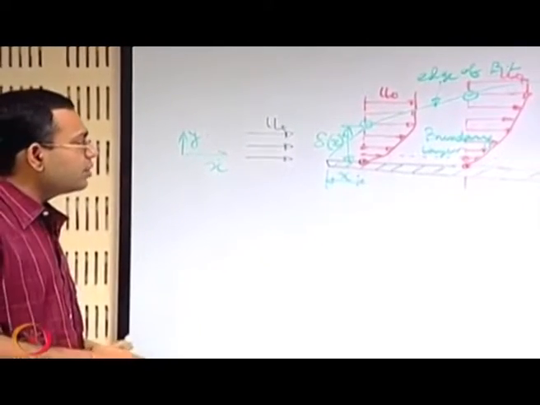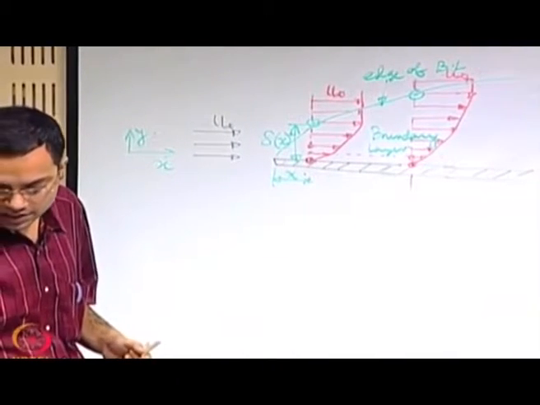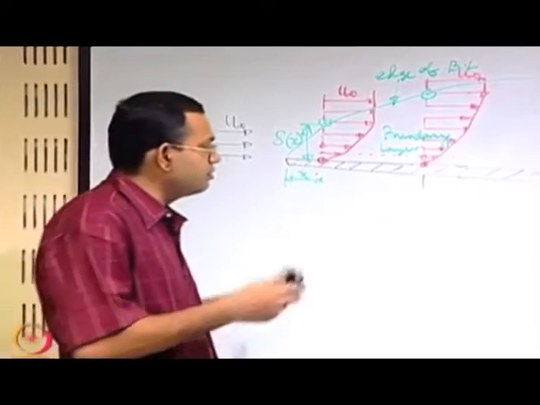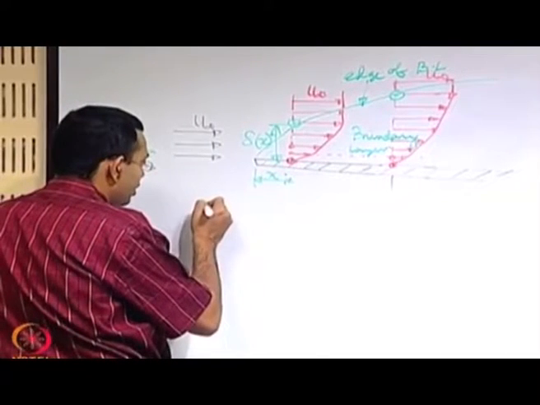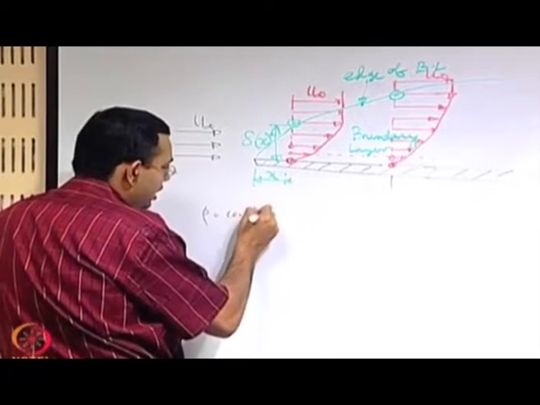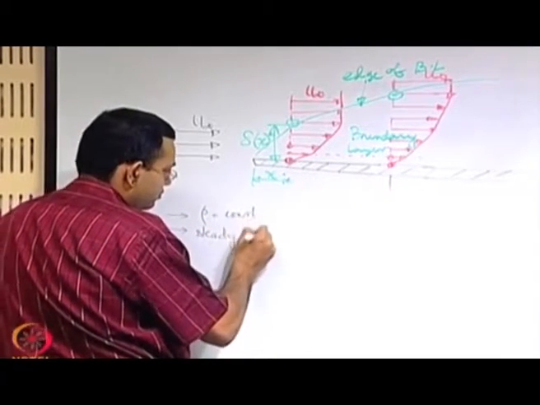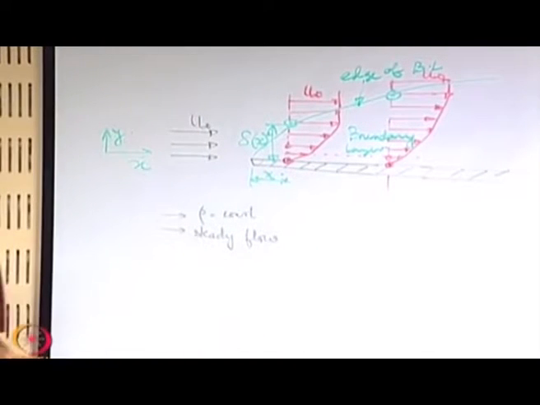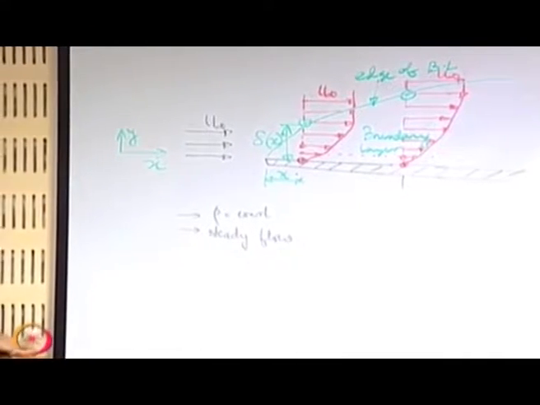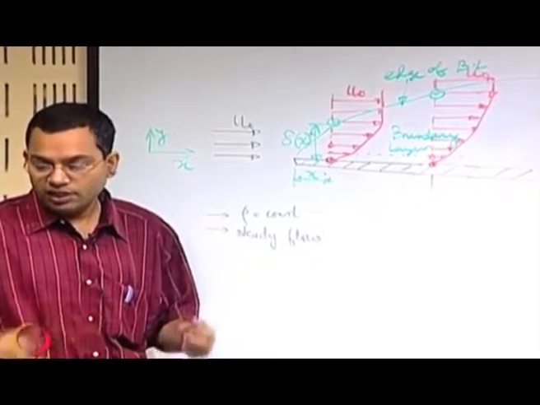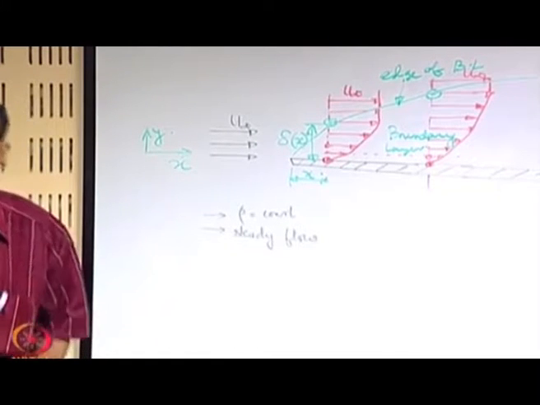So, we start the boundary layer theory by considering a simple case, and we will adhere to that simple case in a major part of this chapter, that is we will consider the density to be constant and we will consider steady flow. Not that there is no relevance of boundary layer theory for variable density or unsteady flows. Yes, there definitely is, but for an introductory course this is what is going to give us a lot of insight on the very fundamentals of the theory.